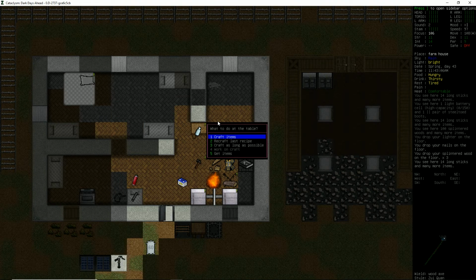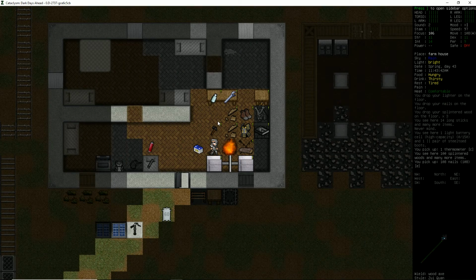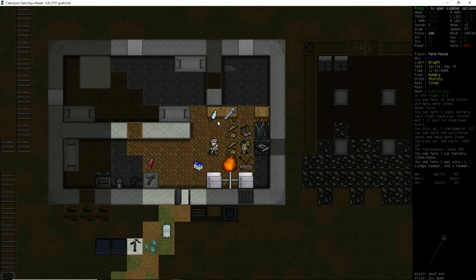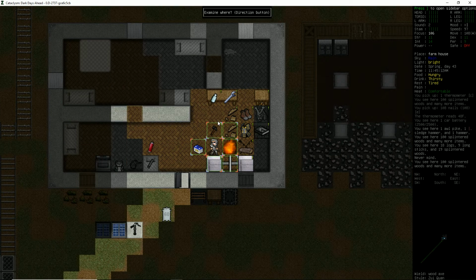Why can't we pick up a thermometer? That seems a bit silly. Let's try this again. There we go. We're able to pick up a thermometer. What's the temperature outside? 48 degrees. Are we able to craft, or not craft, but plant our seeds now that...